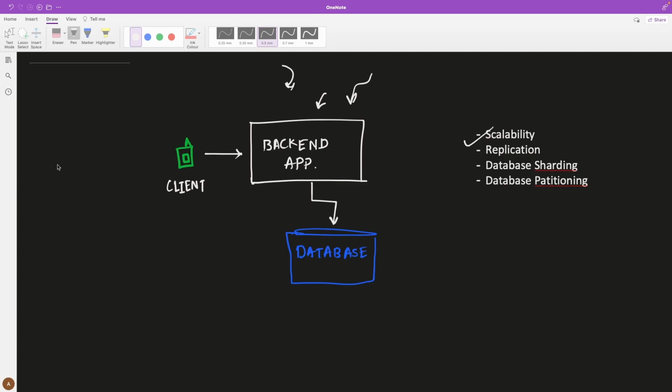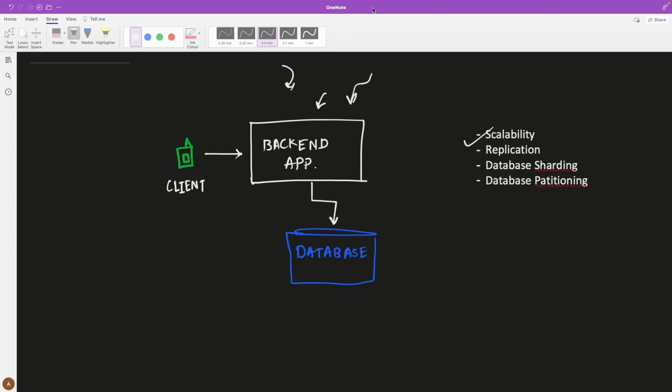Whenever we try to build any scalable system, we first start with a very minimal design, or very minimal components, and then we analyze the single points of failure, or basically the bottlenecks in the system, and then we try to remove these bottlenecks so that makes our system scalable. So let's take the example that we have.